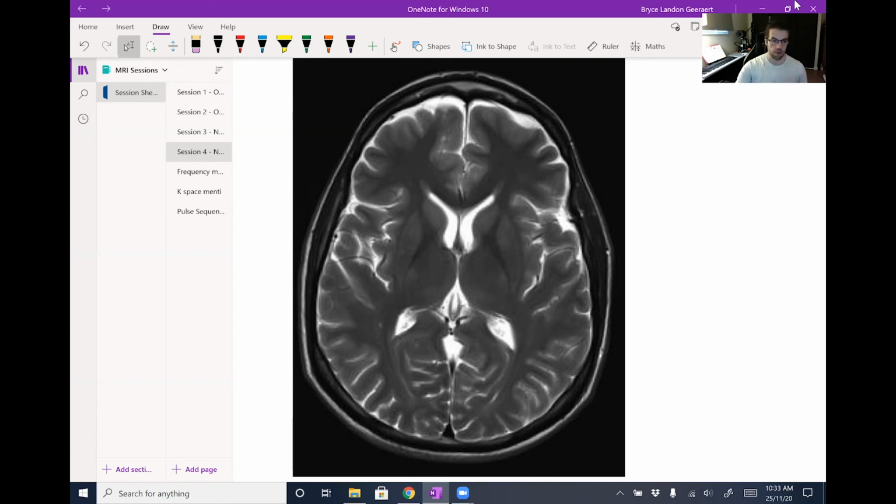So now we know that T2 weighted images use gradient echo sequences. And we know that by varying their TR and their TE, that's what determines whether this image is going to be T2 weighted or something else altogether. The reason that we use gradient echo sequences for T2,